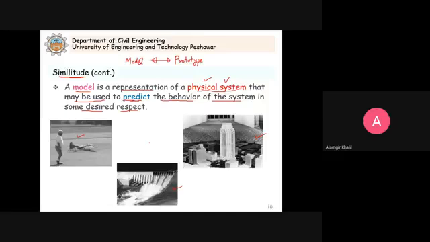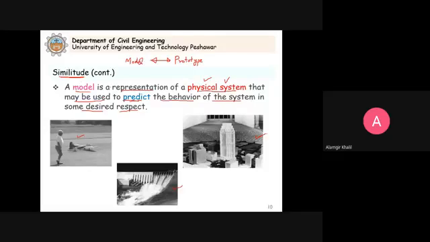Similarly, we might investigate the flow of water at the entrance to the small centrifugal pump runner by studying the flow of air at the entrance to a large model of the runner. In that case also, it might be possible we have a large size model as compared to the prototype. So remember, the model